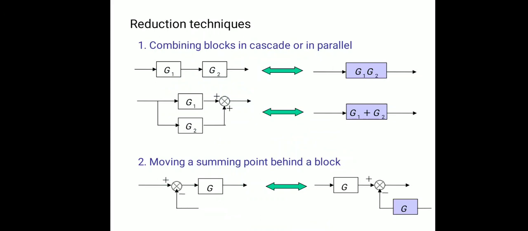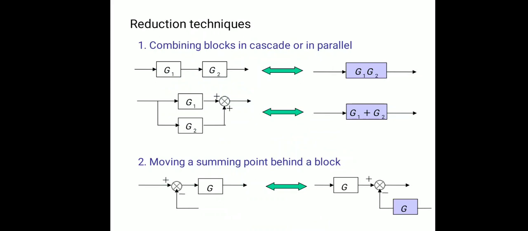Next rule is when the blocks are connected in parallel. You can see in a block diagram G1, G2, they are added algebraically. They are connected in parallel. So in the equivalent diagram, we'll have G1 plus G2, algebraic addition. You can see the sign with G1 is positive, the sign with G2 is positive. So we got G1 plus G2. But in some cases, if we have a negative sign with some particular gain, that can also be mentioned there. Suppose G2 is negative, so we have to write G1 minus G2.